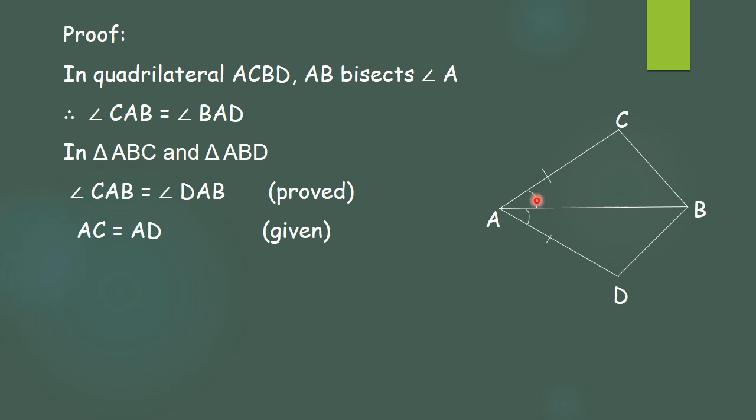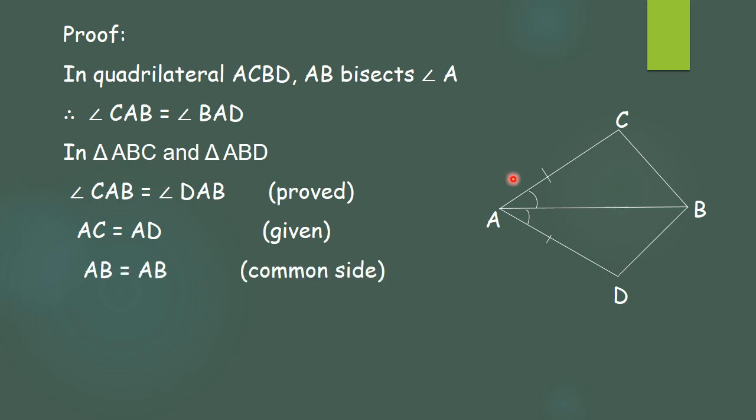Now two are given. This is also indirectly given, that is, AB is a bisector, it means its angles are equal. That is given. This is given directly. Now the third part is not given, but we require it to prove the triangles congruent. Always three elements. Now try to find out the third element. So when we consider triangle ABC and triangle ABD, we get this side as a common side, and common sides are always equal. So what we get? AB is equal to AB, common side.